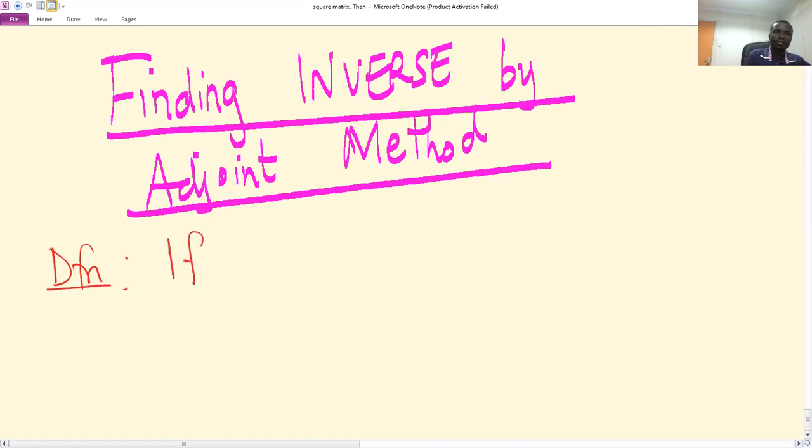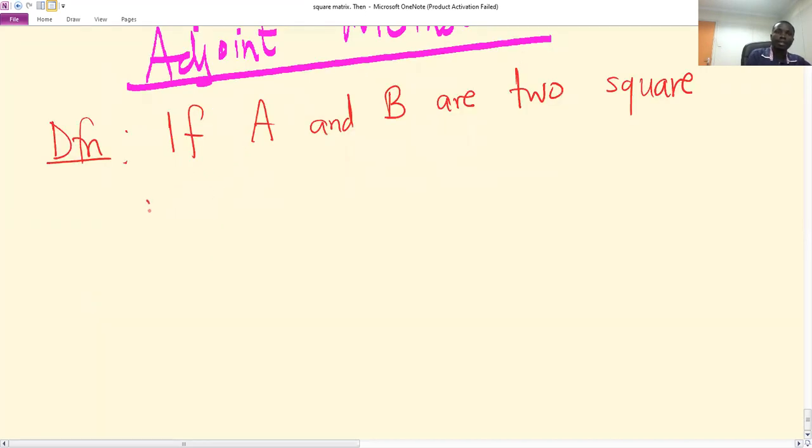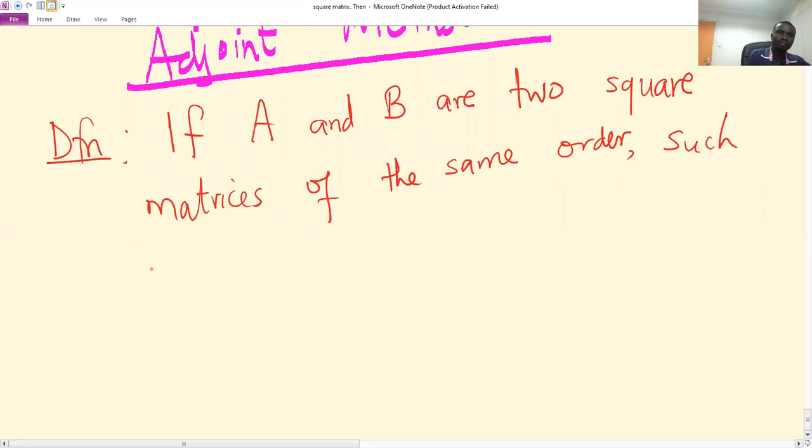So if A and B are square matrices, remember inverse can only be defined for square matrices, two square matrices of the same order such that A times B is the same as B times A, and this product gives an identity matrix, then